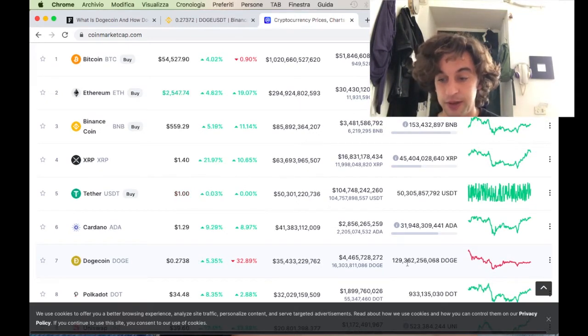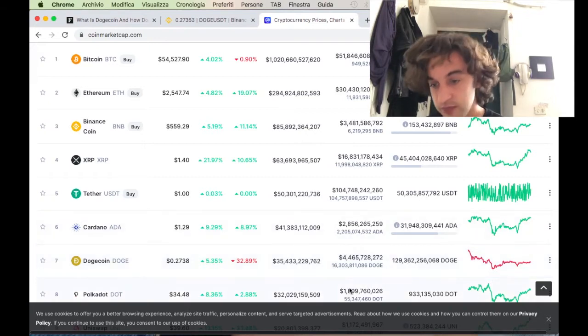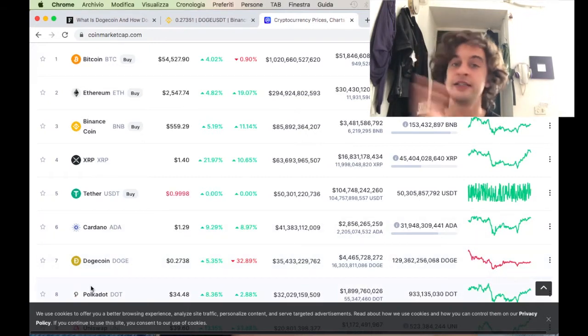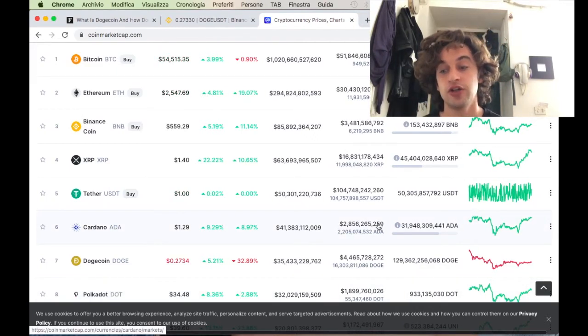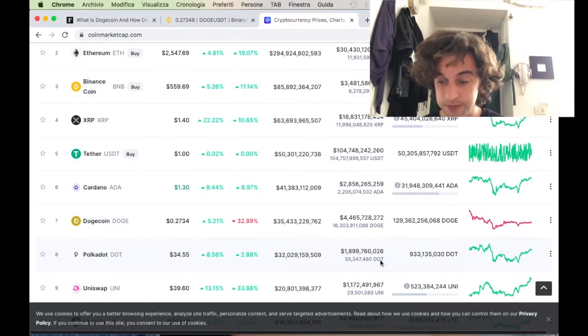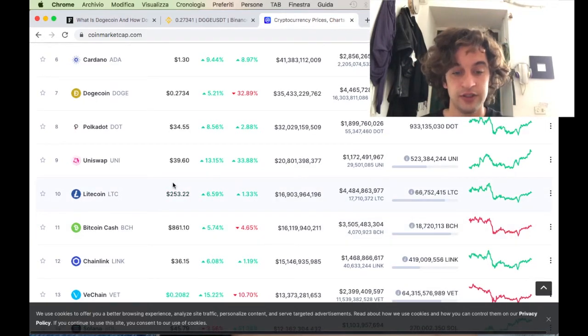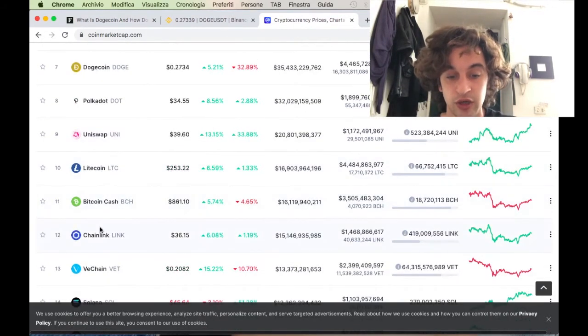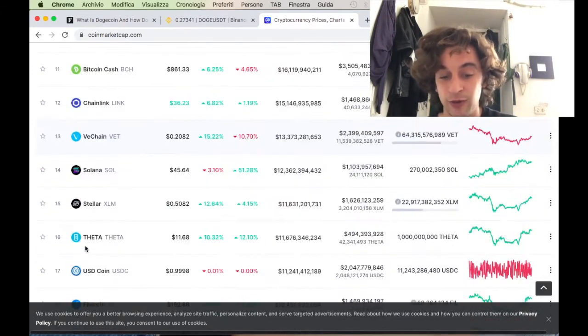You can see the price compared to the others. The more circulation supply, the more coins that are supplied within the circulation system of the blockchain, the lower the price will be. For example, we can see Polkadot, which is well and above one of the greatest projects, and Cardano too. The circulation supply is Cardano 31 billion and not 130 billion. The price therefore is also more capable of going up and down. Polkadot has 933 million, and we can see all the other cryptocurrencies such as Uniswap, another good project, Litecoin, Chainlink, an amazing project which I personally invest in and I like it, VeChain, another very, very good one.